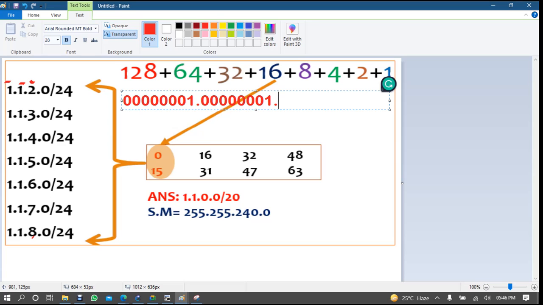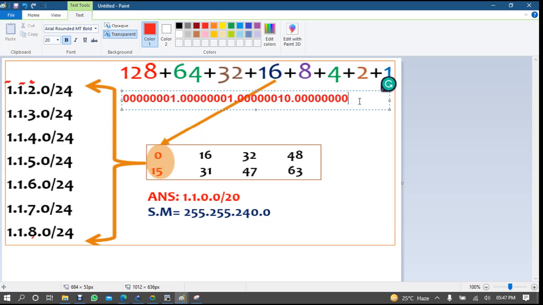Then what is the binary of 2? 0 0 0 0 0 0 1 0. Okay, let me reduce it. Now what is the binary of 0? 0 0 0 0 0 0 0 0, right?